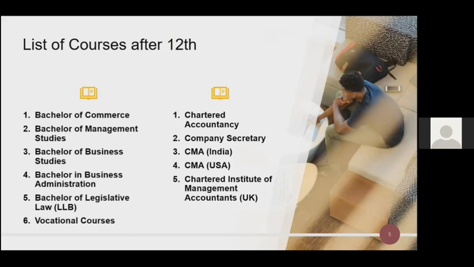Find your area of interest and then choose a particular professional course. Don't go for something because your friends are going, or because the majority of your classmates or your friend circle are going, or your relative has done something. Don't make that mistake. Many of them do that, but I suggest that you rather analyze your skill sets and your interests, and then select one.